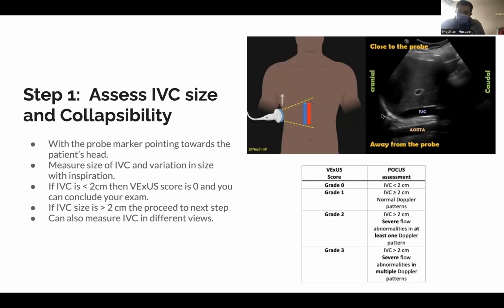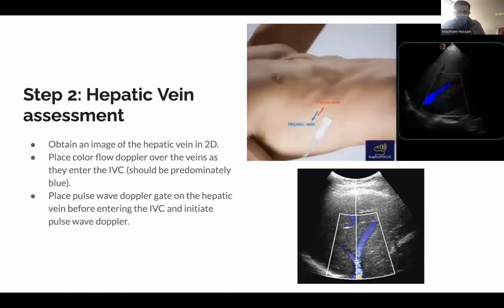So when you do measure your IVC and it's more than 2 centimeters, you can move on to the next part of the VExUS scan, which is imaging the hepatic vein. Like we mentioned before, in that same position, you can have your probe marker facing towards the patient's head, and then you can fan posteriorly until you identify the hepatic veins. And then at that point, you can rotate your probe marker so that it's facing towards the patient's right side, or at 9 o'clock,